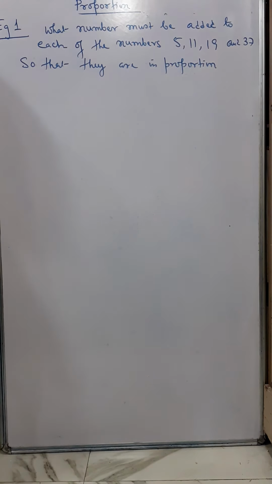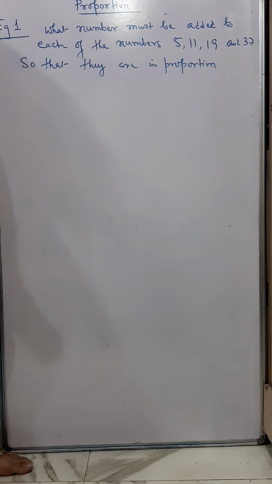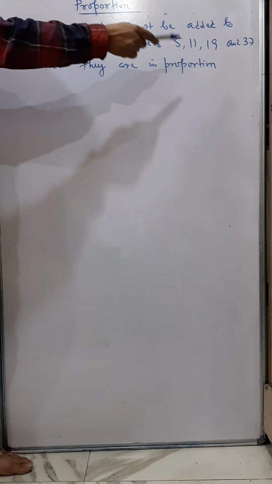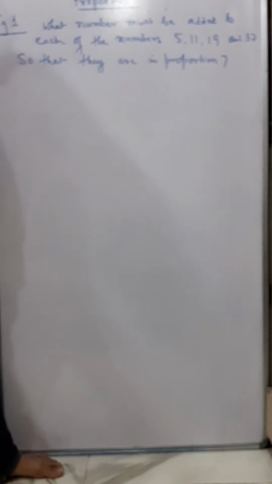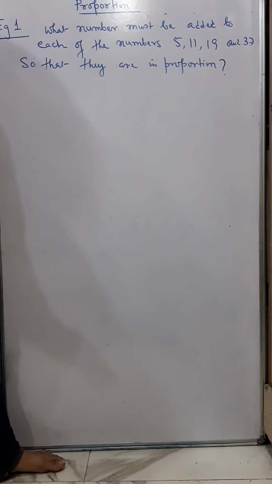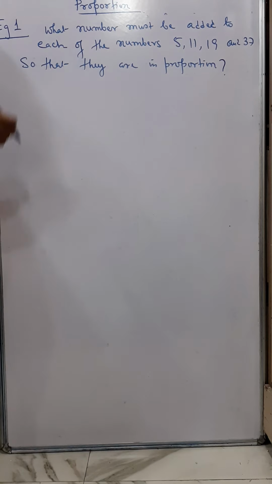Okay, so first example, in this sum you can see what's written. What number must be added to each of the numbers 5, 11, 19 and 37 so that they are in proportion? Now this means what? That 5, 11, 19, 37, they are not in proportion now. But what least number we shall add to all these four numbers so that after adding that number, the four numbers become proportion. So we can keep